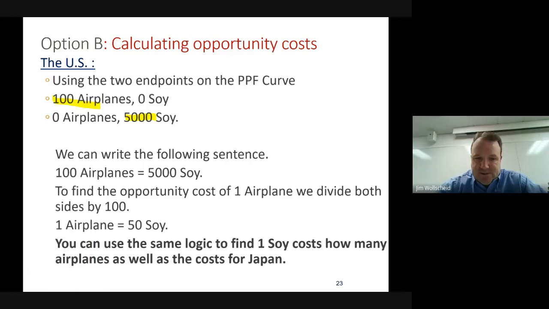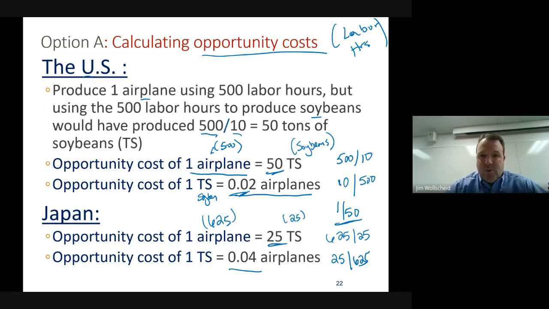So what do I do with those? Well, what you do is you write a sentence with the two endpoints. 100 airplanes equals 5,000 soy. If I want to find one airplane, I simply divide each side by 100. And when I do that, I get one airplane equals 50 tons of soybeans, which is exactly what we got